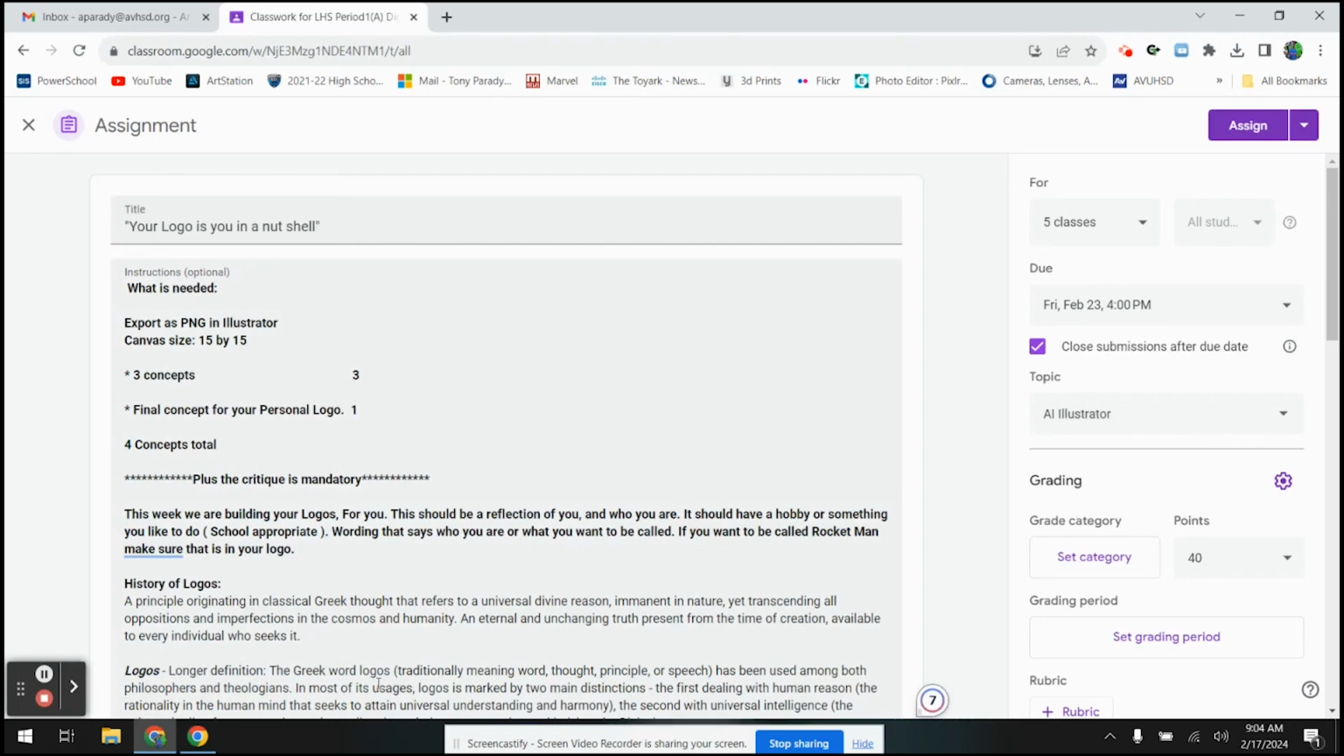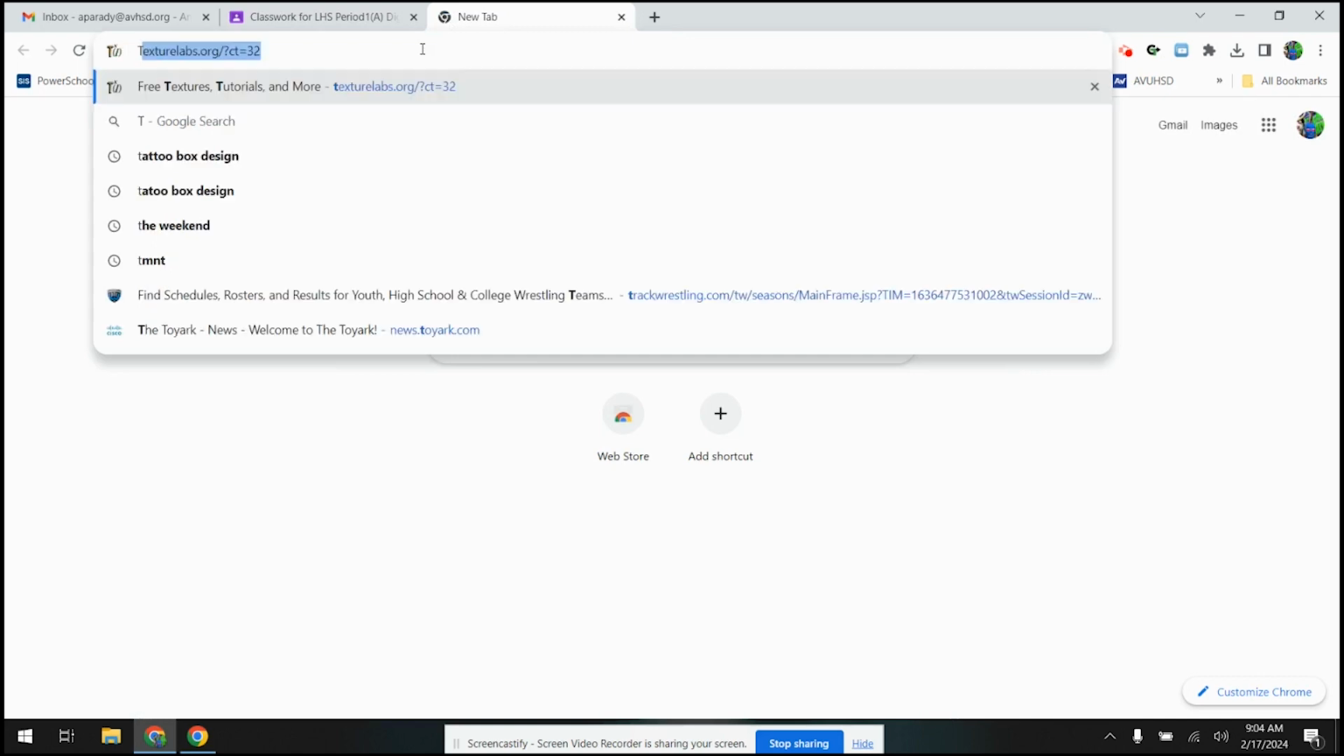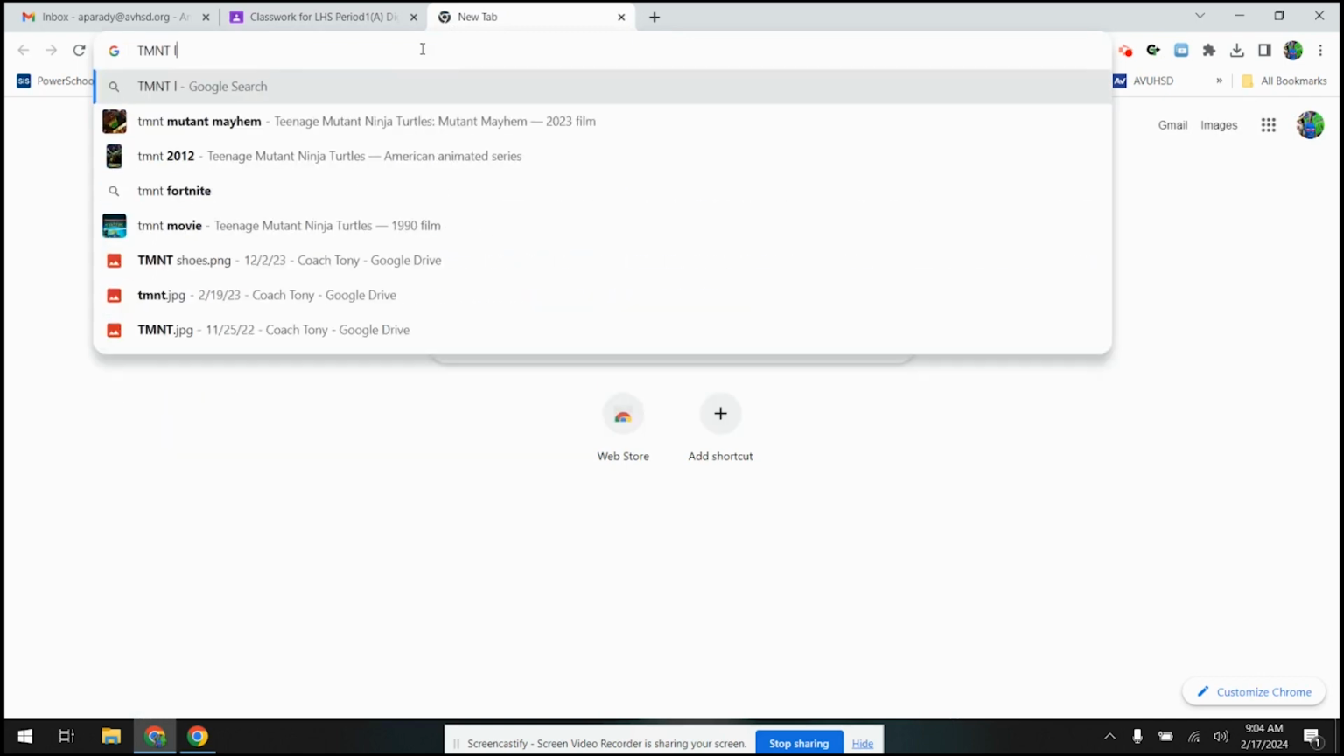This week's assignment for Illustrator, we're going to be making logos for yourself. It should be something you're into. So naturally, lately I've been into Teenage Mutant Ninja Turtles. So I'm going to search Teenage Mutant Ninja Turtles logos,